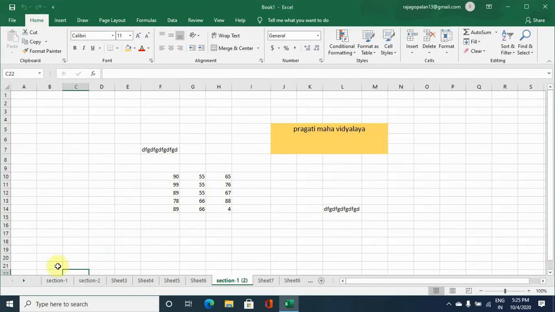In that case section 1 is available here, and similarly as we moved this section before sheet 7, the same worksheet is appearing here also. You don't have two worksheets with the same name. So this is section 1 and this is also section 1, but this is recorded as the second copy. So this is how you make changes with regard to worksheets.